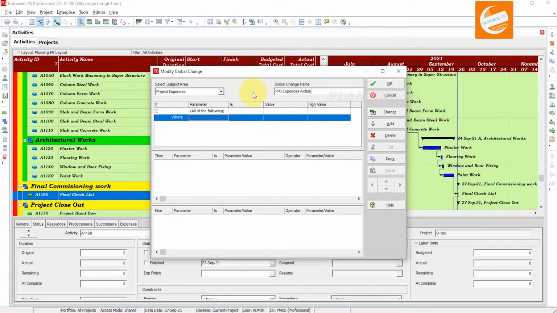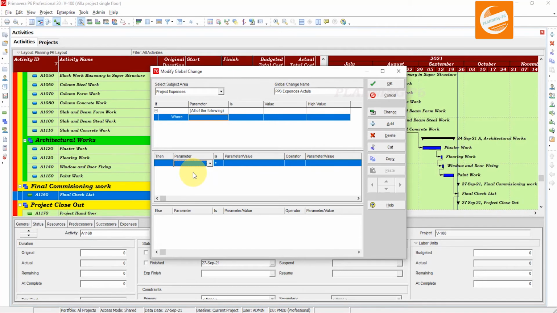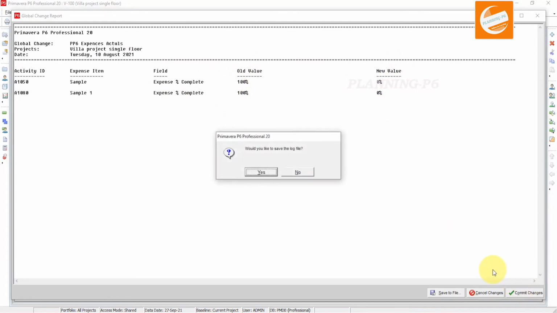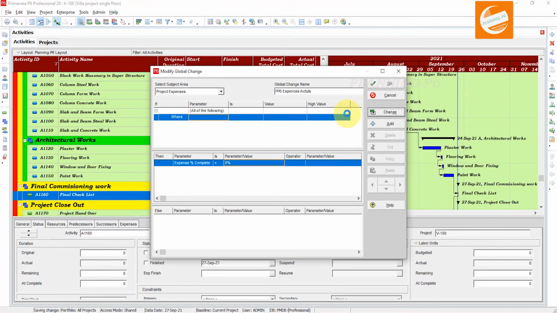Here we will add in the parameter value, add a new one, and for parameter select expense percent complete, this one, value custom 0, and then change it. You can see here 2 expenses I have added there to help you understand, and now the new values. Commit changes. I don't want to save the log file.